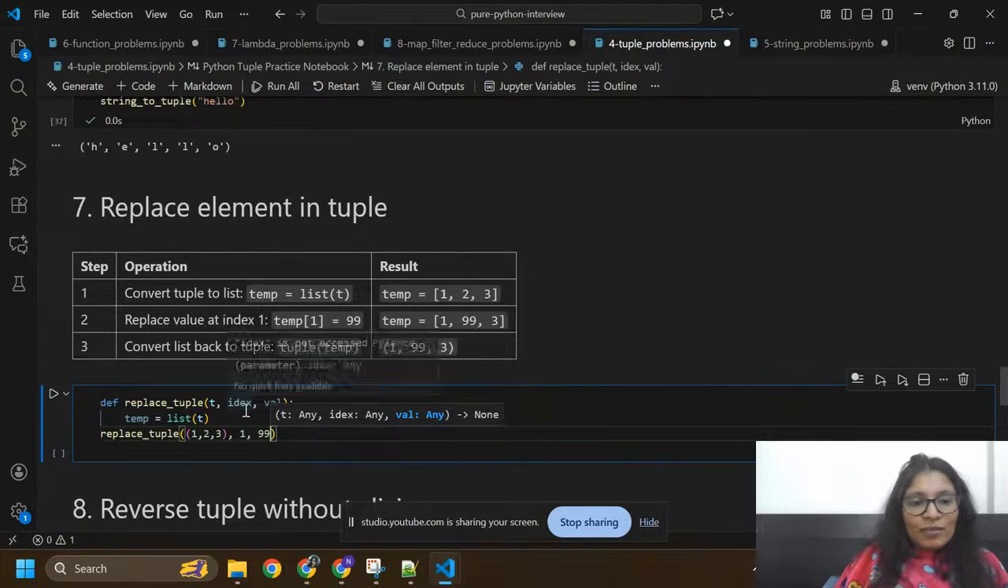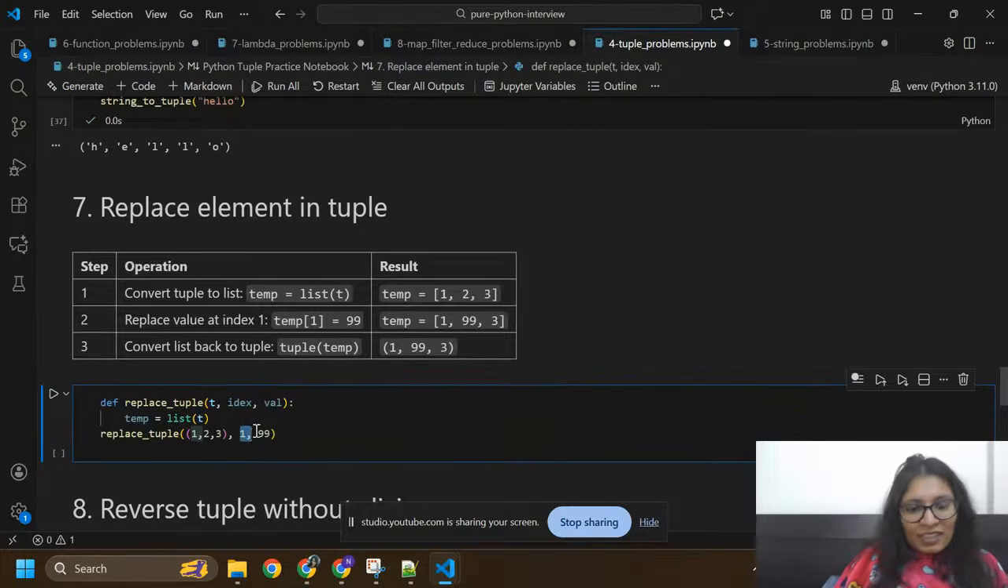So the problem is to replace the element in a tuple. These are the tuples, 1, 2, 3. This is the t, and idx is 1. So I am going to replace index 1 with 99. What do I have at index 1? 0, 1. At index 1 I have 2. So I want to replace this 2 with 99. But a tuple is immutable, it can't be changed. So that's why I am going to convert